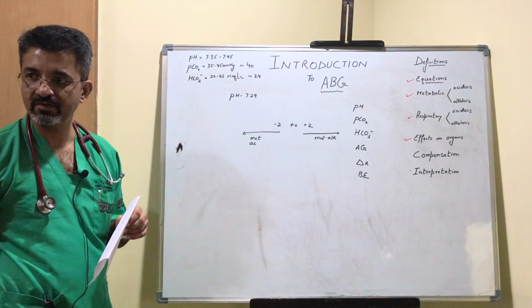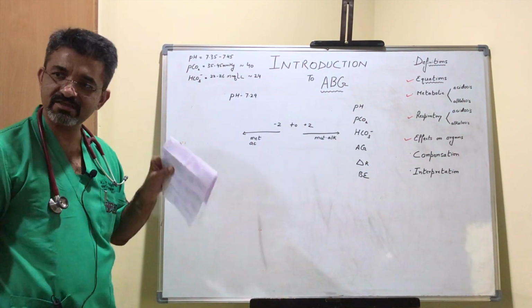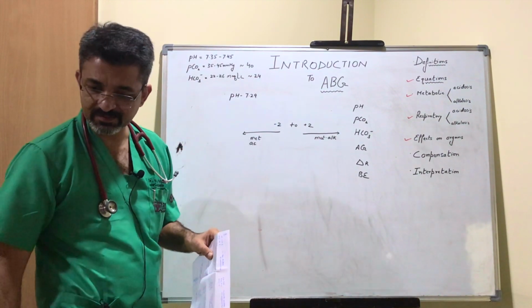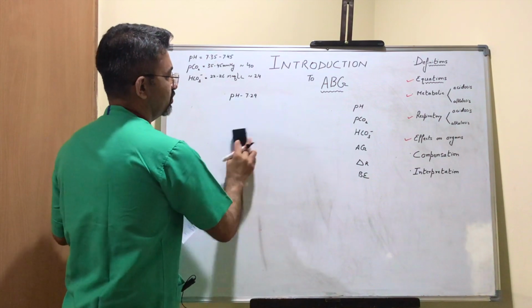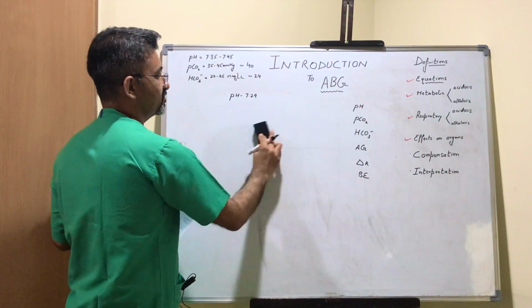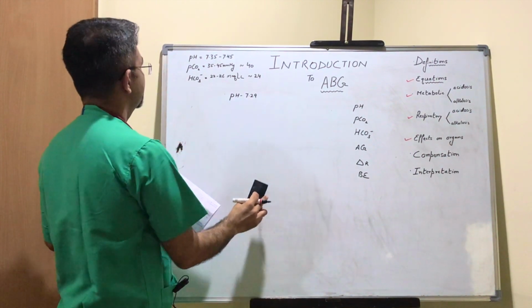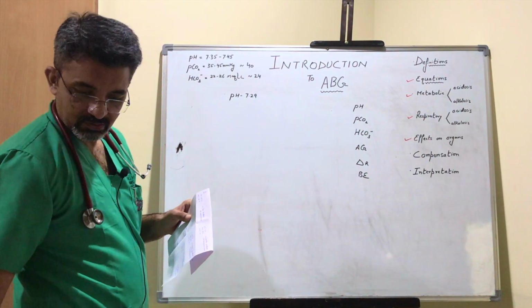Right? This is your base excess. What is base excess? We'll come to this in subsequent lectures. But just for the sake of interpretation, you should know that -2 to +2 is normal base excess. So